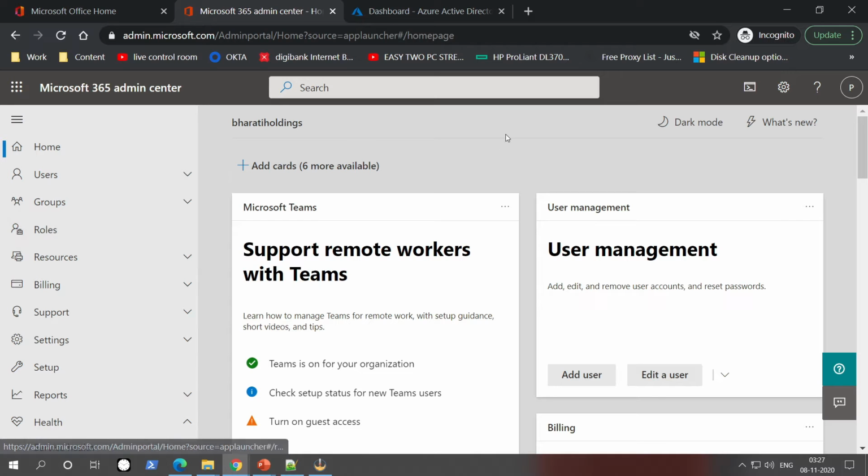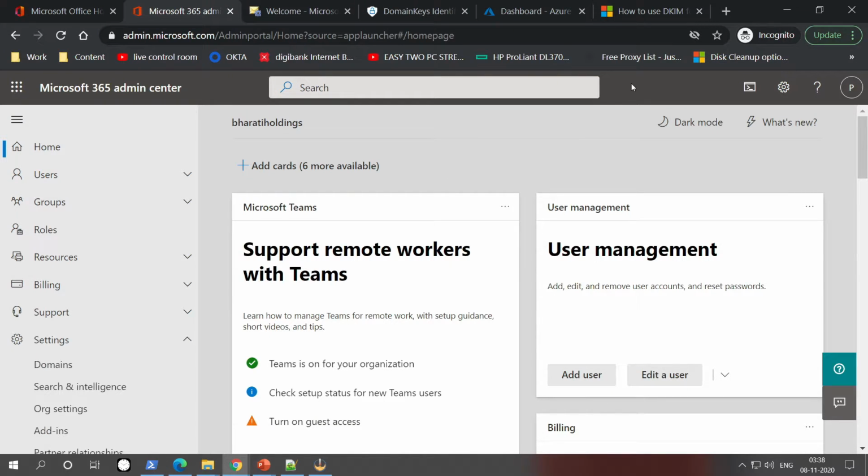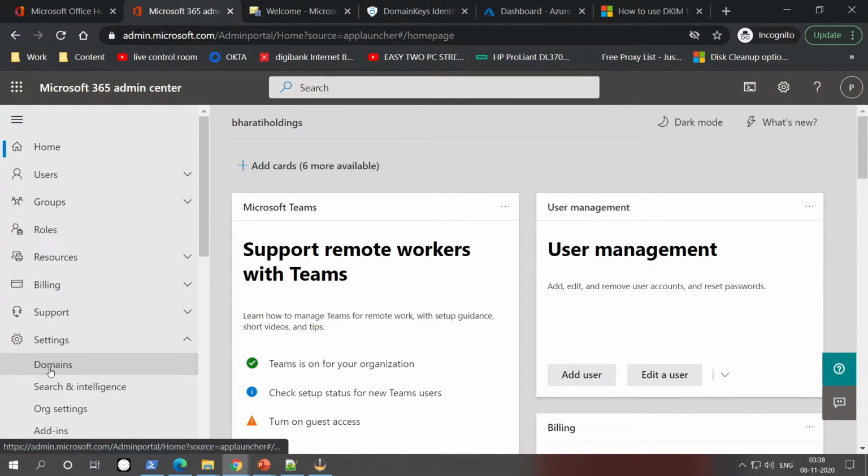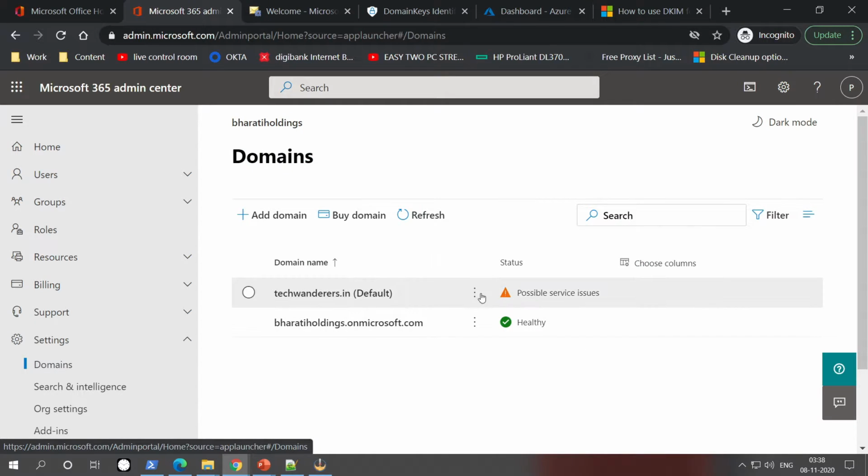Let's go. So we are on our admin center of Office 365, or you can say Microsoft 365. To start with the practical, we will first set up the SPF record for our tenant. We will go to settings, select domains, and select our custom domain which we have added.